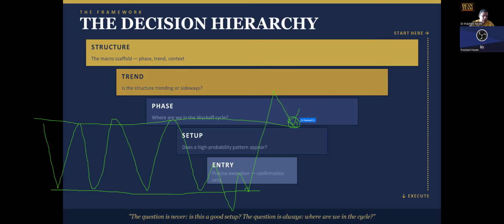And at that time, when I was reading it for first time, I thought, why we should not buy at this bottom when we can identify the spring, or why we should not buy at that spring and secondary test when we can identify that this is an accumulation and the spring and secondary test setup has formed. And this was early days when I was exploring Wyckoffian schematics. And we use this setup, spring and secondary test, where the stop loss is below this spring level. So this setup is used, we can buy this.